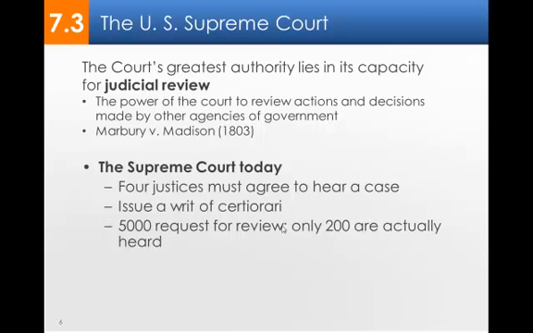All right, so the power of judicial review, the U.S. Supreme Court. And we get back to our old term here, the writ of certiorari, which you've already talked about. They issue that to the original court to send up the case for review. Remember, it has to involve a constitutional question if it's from the state courts, and a lot of the others, but they hear civil cases as well. So roughly about 5,000 cases per year, and 200 or less are actually going to be heard. In order to grant certiorari, as you see, 4 justices have to agree to hear it.